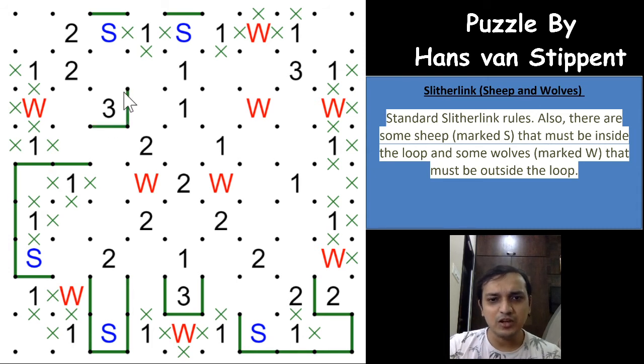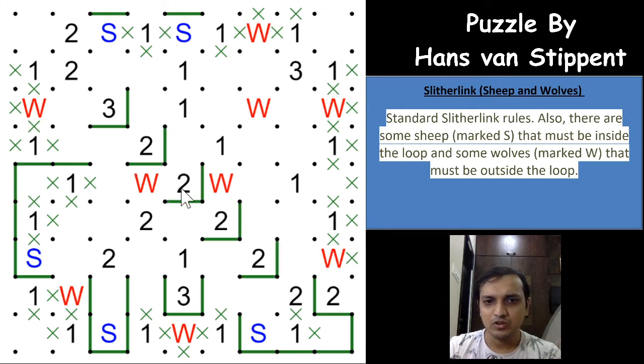So what happens if you have, so we know that 3 will have one side as not being part of the loop. Let us assume that both of these are part of the loop. What happens here is, as you have to see a bit ahead, the moment you mark these two segments for the 3, the 2 continues this way, right? You'll have only one possible place for this 2, same way for this and for this, and that way you contradict this 2. You have only one loop segment for the 2, right?